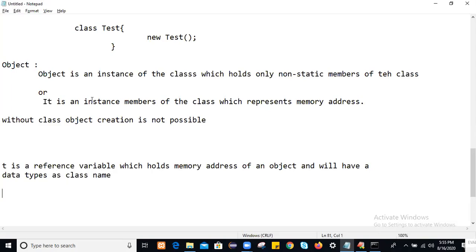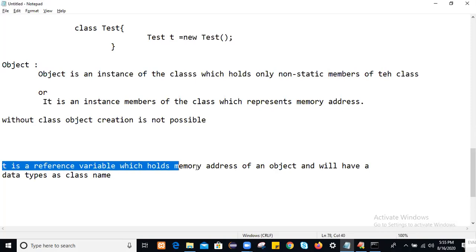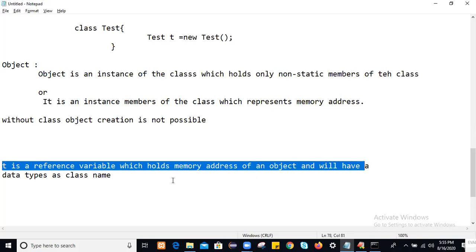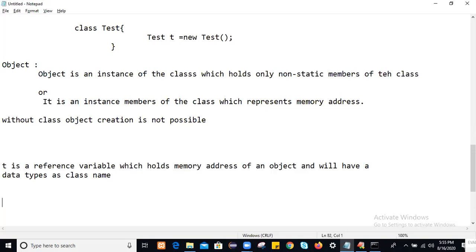In our example, this is the object having a memory address. If you want to create a reference variable for this, we create it like that. This small t is the reference variable, and Test is the class name, which is the data type for this memory address. Always remember that every reference variable will hold the memory address of an object.